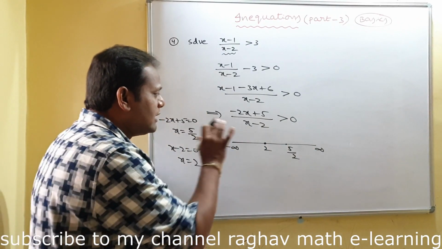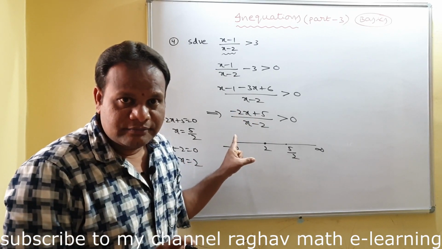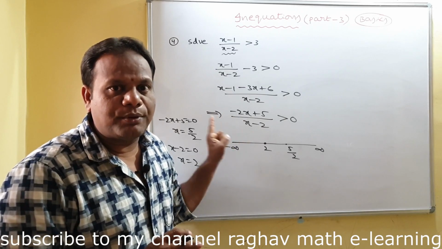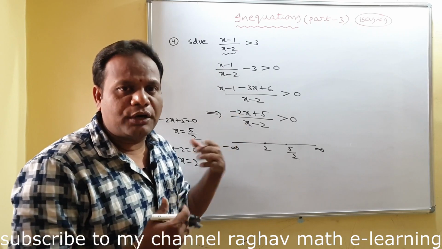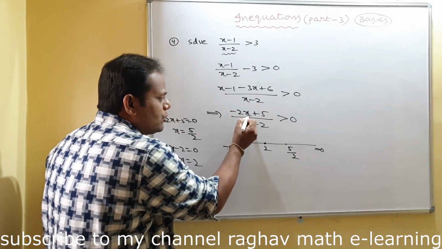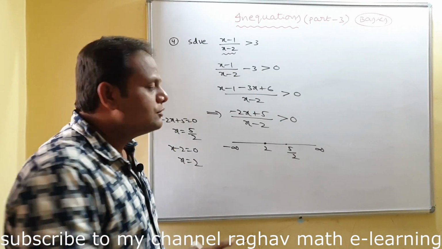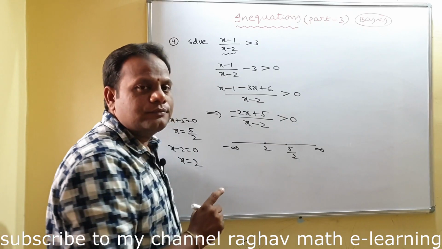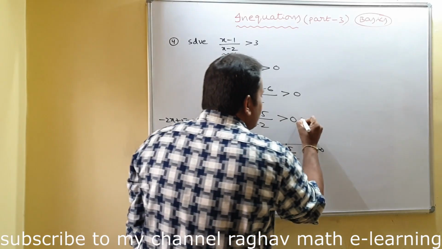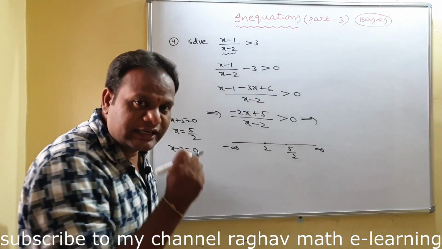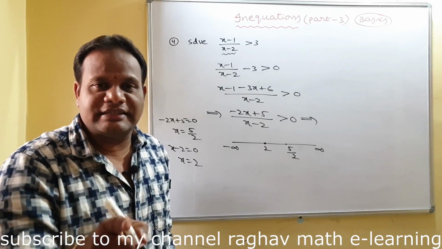Okay. Now the important point is to check the x coefficients. X coefficients must be positive. So if they are negative, you make them positive. Here you see the x coefficient, positive or negative? Negative. You have to make it positive. So to make it positive, we multiply this with a negative sign. Is it? So if you multiply this inequation with a negative sign, what will happen? The inequation sign changes.